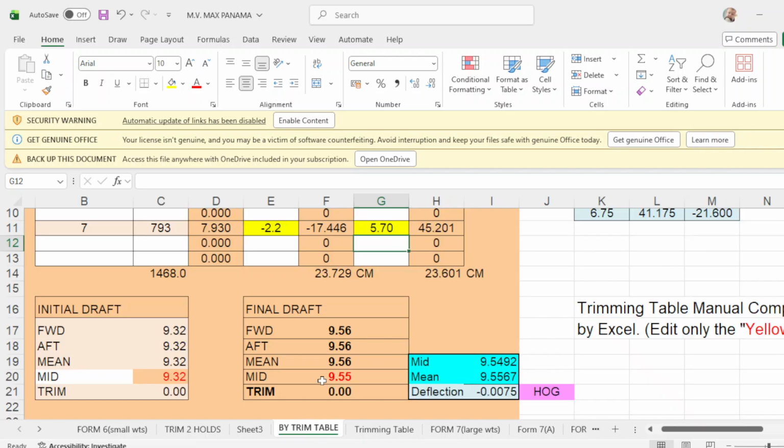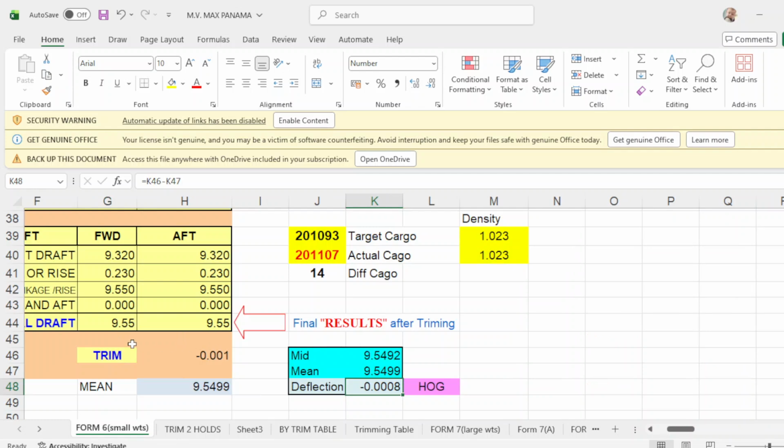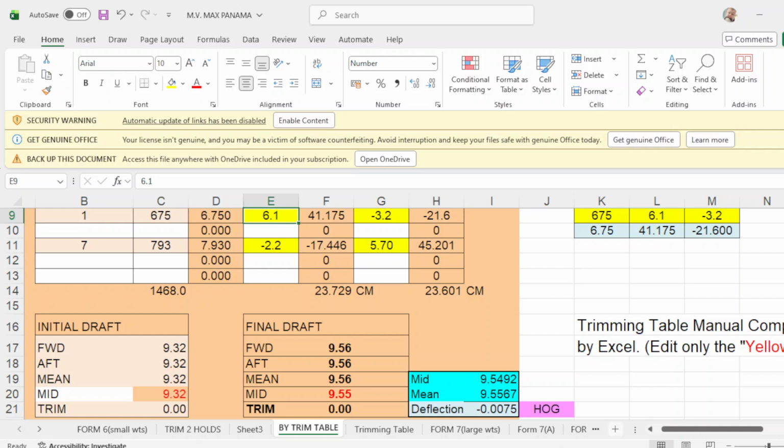Now, since this is the drop, the result of this correction, when you apply the correction, this is the drop. Now we'll make this 9.5 even keel. So what you do, you make this 9.5 even keel. What you do is let's try to decrease this one. We put this to 6 meters. Okay, take note of this, drop forward, and your trim. Okay, put this 6 meters.